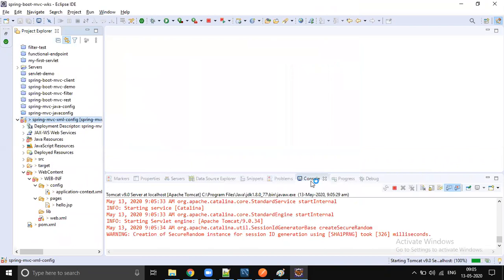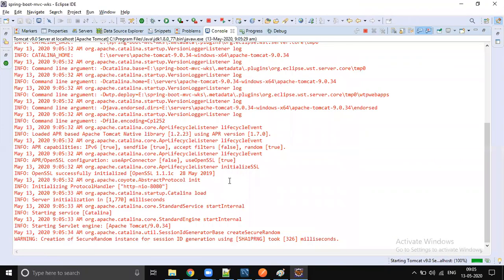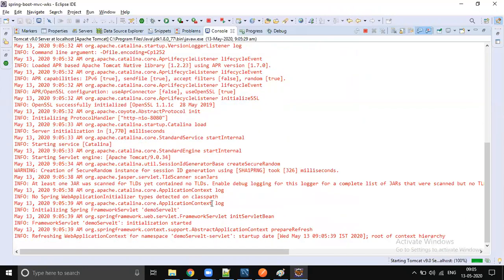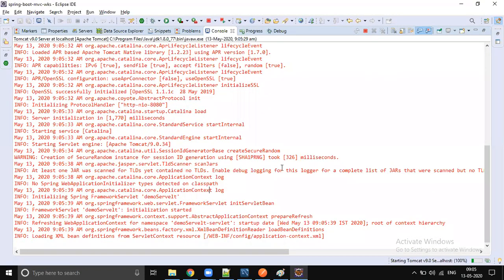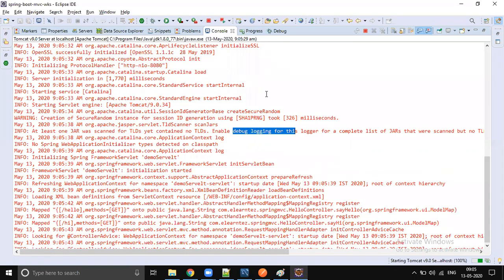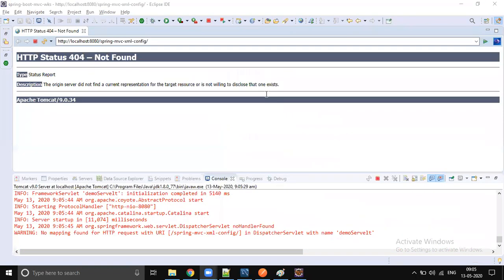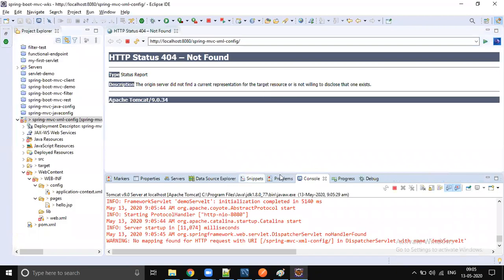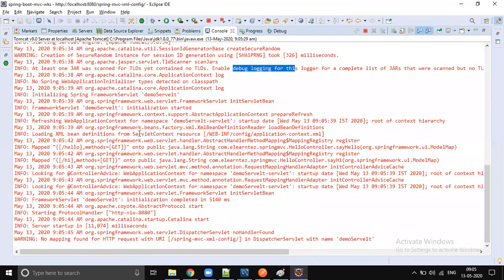We configured load on startup, right? Then you notice that the dispatcher servlet will be loaded. So the dispatcher servlet is loaded as part of servlet loading itself, fully loaded into memory. The demo servlet, which is our dispatcher servlet, also loads the XML configuration.